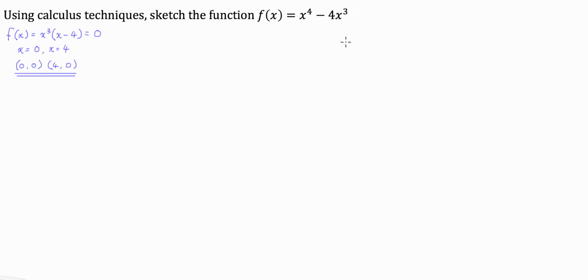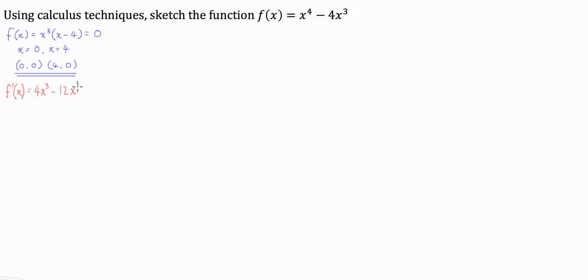Now, the next thing we've got to figure out is where the turning points of this function are and what the gradient is doing across the function's domain. To work this out, we're going to have to get the first derivative of this function. I'm not going to go through the actual mechanics of finding a derivative. You'll be able to find that on other videos that I've done. But the derivative of this one is just going to be 4x cubed minus